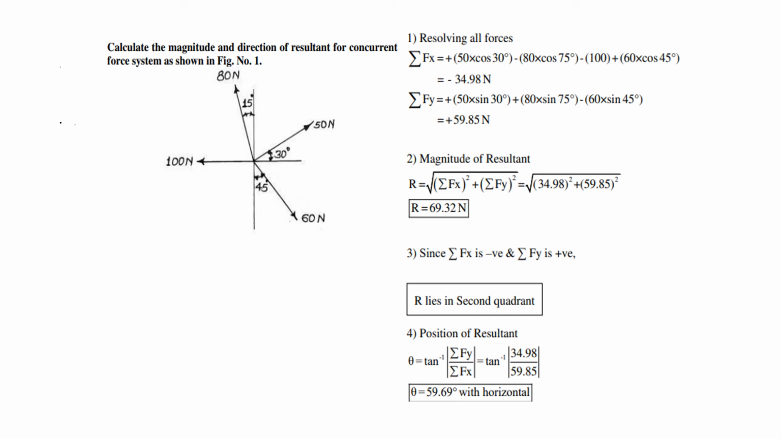Now we will see the next example. Calculate magnitude and direction of resultant for the concurrent force system as shown in figure. The previous example we have seen is quite similar to that. So we have to find summation Fx and summation Fy. For summation Fx we will take forces in x direction, and for summation Fy we will take forces in y direction. So we have taken this 50, and its resolution is like this, x direction and vertical is y direction. Then first we will resolve this 80